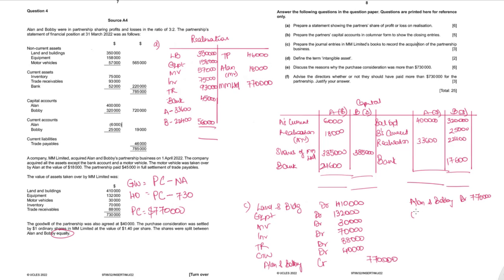and credit the shares that have been issued, so ordinary share capital. But since the shares are issued at a premium, there will also be a credit in the share premium. Now 770,000 is the total value of the shares. The issue price is $1.4, so the number of shares will be